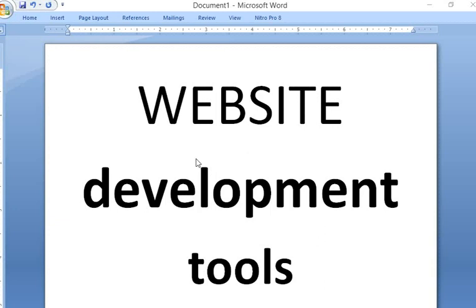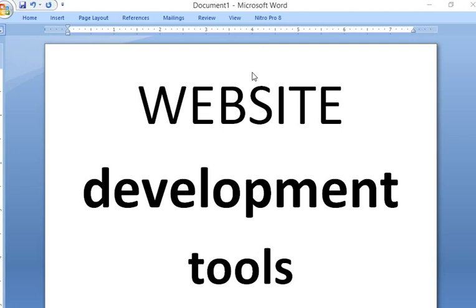Let's look at website development tools. When we look at website development tools, what are these tools that will help you to develop a website? If you don't know these tools, then it will be very hard for you to design. So we need to first explore them. What are they? So definitely, if you understand the different tools that can help you to develop a website, maybe